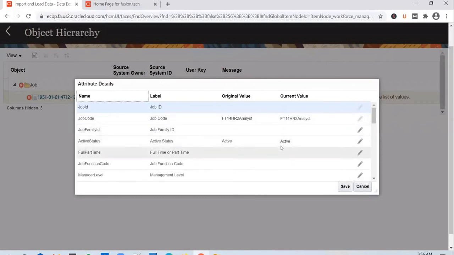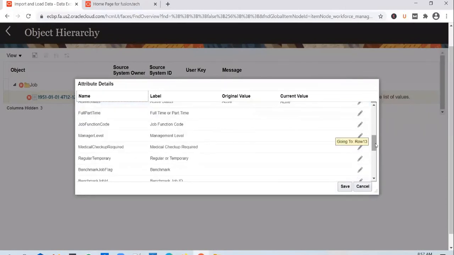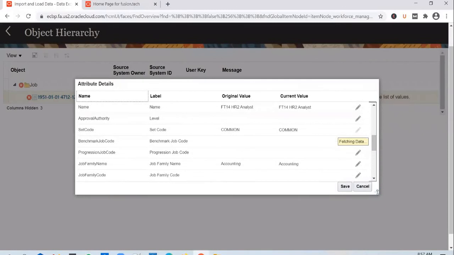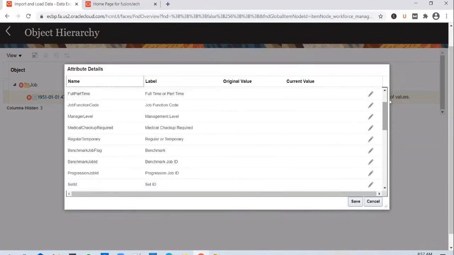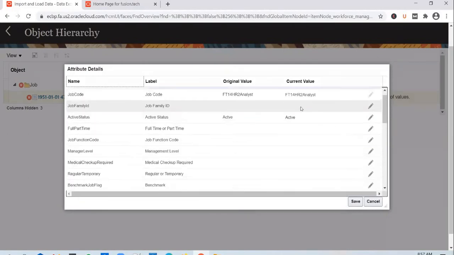You can see the details in there, and you notice that for some of the fields, you won't be able to change the value or update the value. But for some fields, yes, you can change the value. For example, you can't change the job ID or a job code, and you can't change the reference data set code and the source system roller. But the other fields that you have, they can be updated directly within the staging table itself.